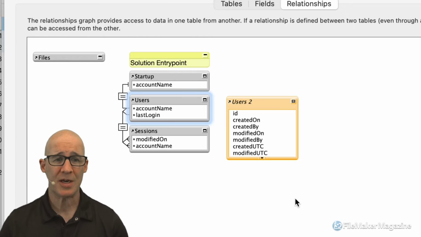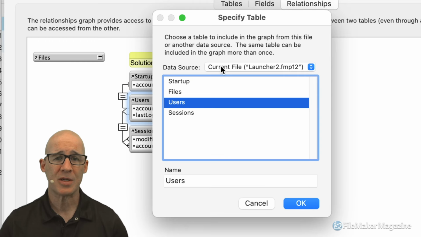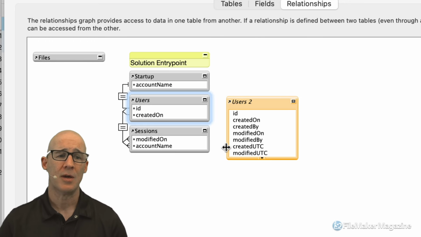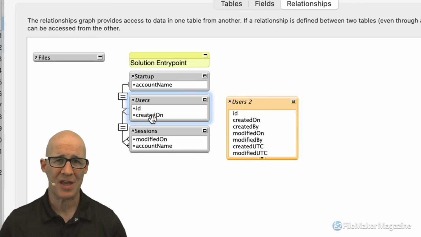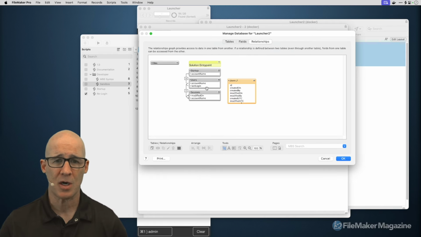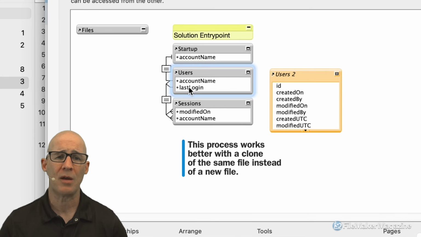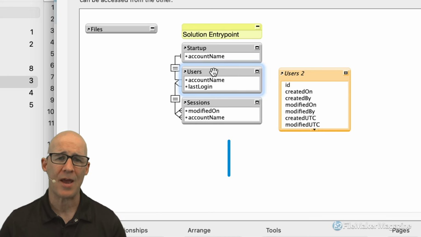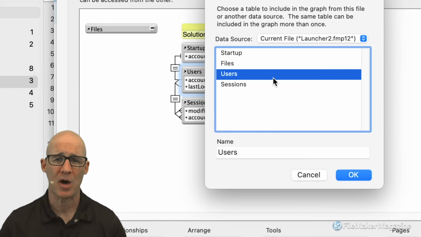But this is how easy it is to swap this. I can just simply switch to users, select the users, and click OK. That's it. FileMaker will swap, and as long as it has matching things or matching values, and that did stay the same, right? We'll go into the discard, and we can see that it did move off of, it switched that last login. So I do want to pay attention to that in terms of the fact that that happened